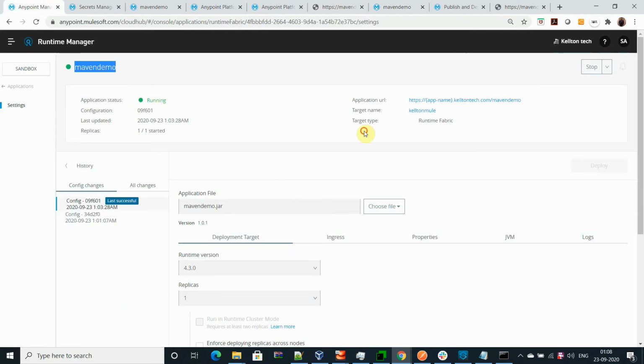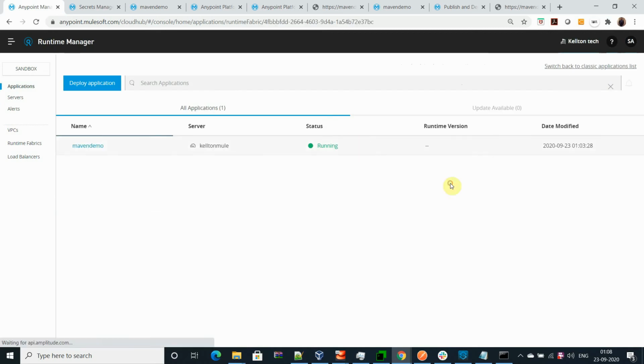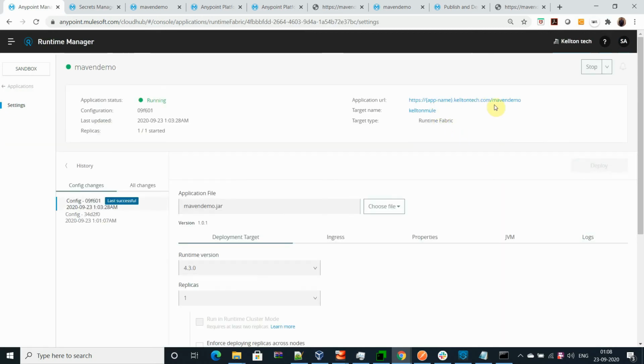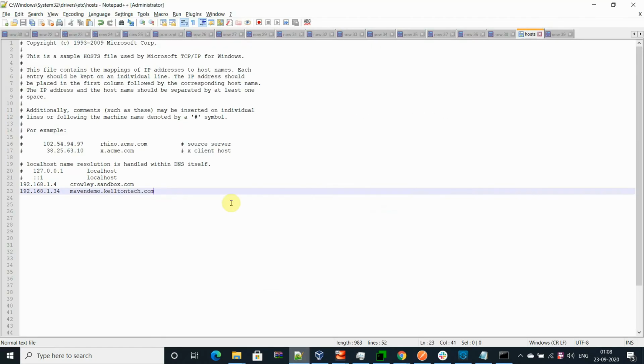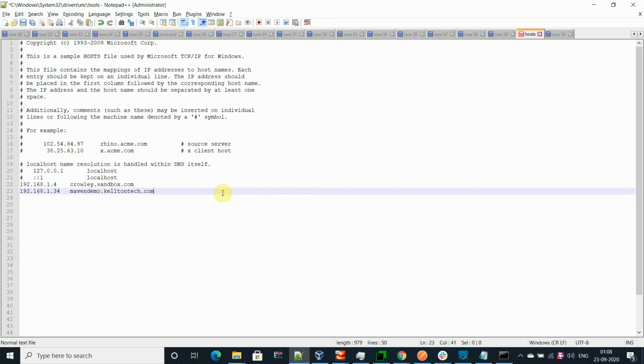This application should be up and running right now. It's running. I can take it, and it's the Maven demo. Let's copy this location, go to the host, and check the route, Maven demo.